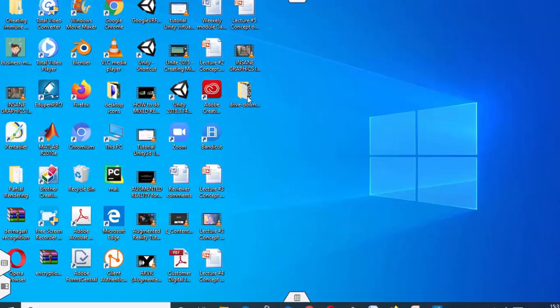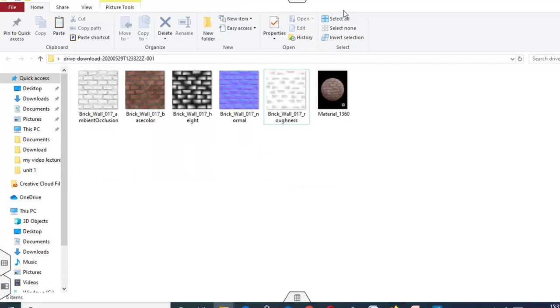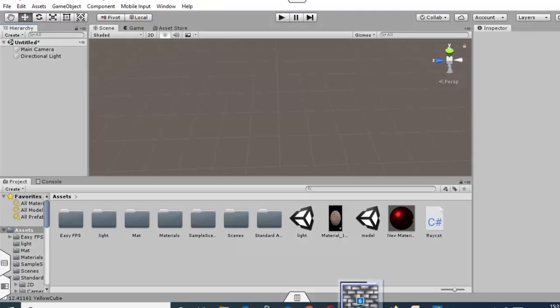Here I have downloaded one of the bricks textures. So here you can see that there's a texture, normal map, occlusion map, height map, so all are present here. So what we have to do is just copy it and drag it into Unity.